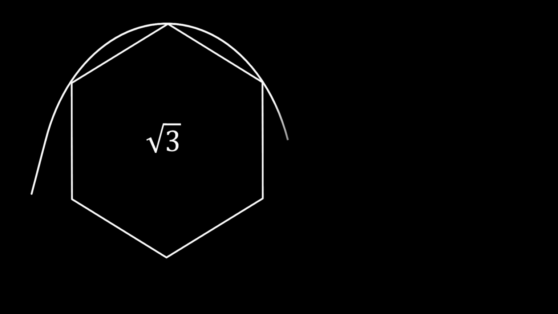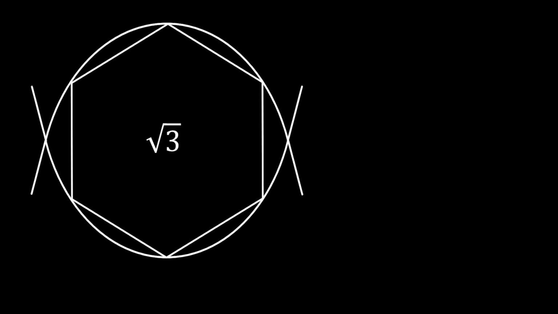We're going to start with a regular hexagon which has the area of root 3. Now, on the upper side of the hexagon, we're going to put a parabola so that it touches the upper three vertices of our hexagon, and we're also going to put another parabola on the bottom which follows the same rules, so it will touch the bottom three vertices of our regular hexagon, as you can see on